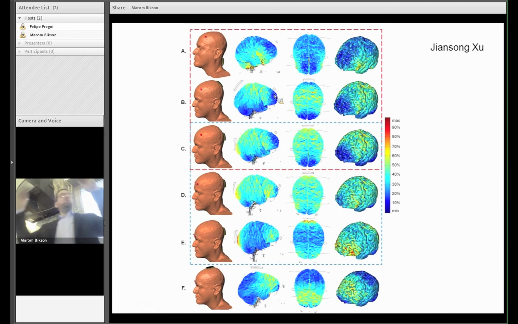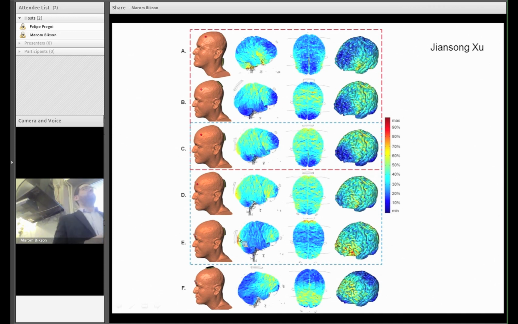And here on the bottom, what's happening is that in the blue square, the return electrode is being kept at one place, and these electrodes are being moved, starting from a higher location to a lower location, and here it's really just right over my nose. And once again, you can see that what happens in the frontal region is completely different. The other thing you'll notice is here, under the return electrode, this is over occipital, you have a lot